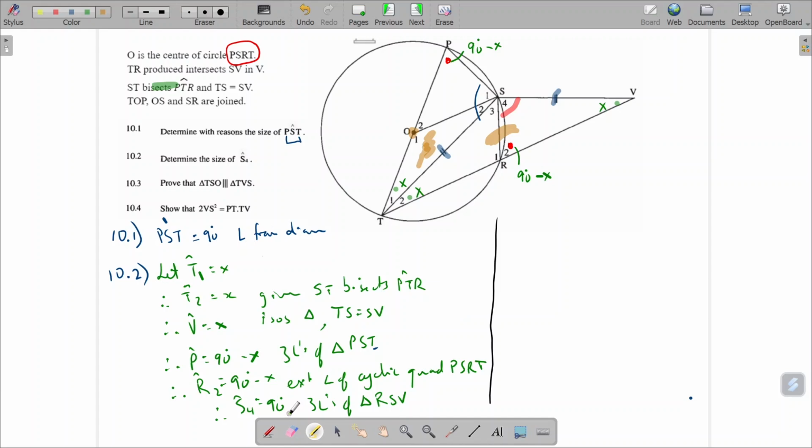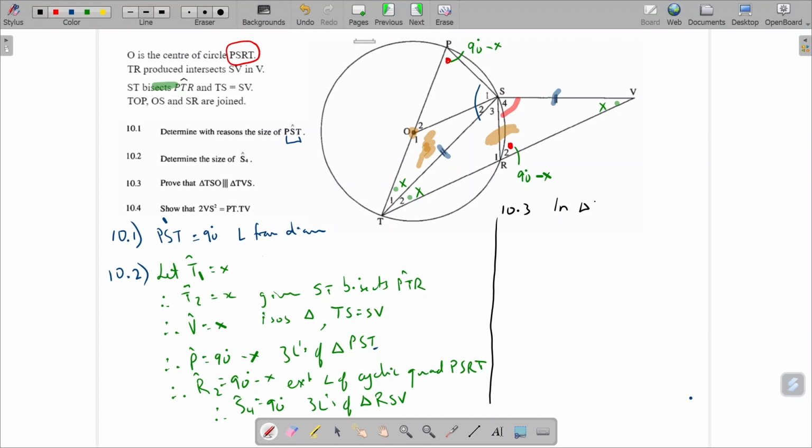angles that are equal. We've got that in TSV, we've got 2 angles equal to x. And in OST, or TSO, we have 1 angle equal to x at the moment, but we know that point O is the circle center. So going through this one quite quickly, 10.3